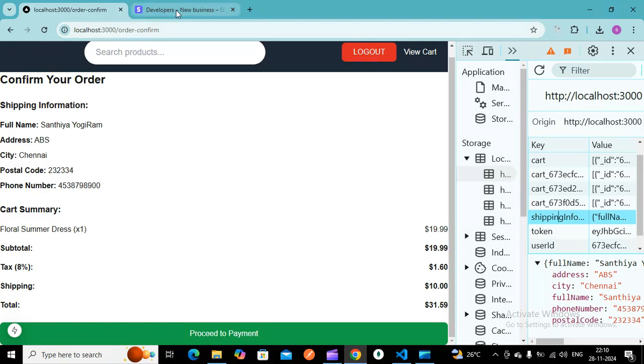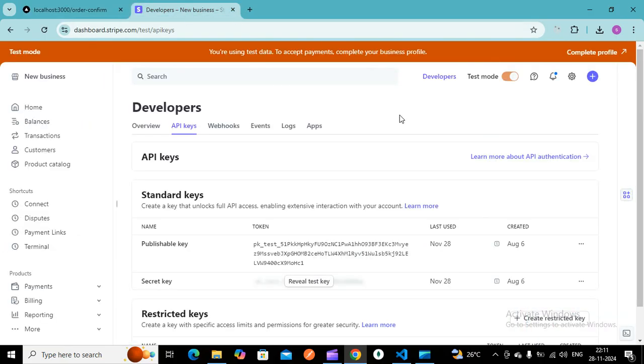Here you have to create a Stripe account. And once you have logged in, you have the developers section, you have to click this particular developers, and go to this particular API keys. In this you will be getting this publishable key and the secret key. Publishable key is for the client side and secret key is for the server side communication. So here you have to copy this particular publishable key, and also you have to copy this. Once you click this, you will be getting the secret key.